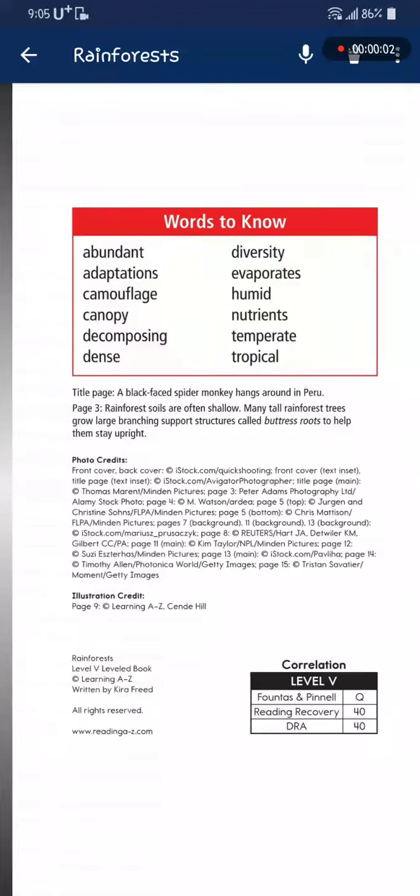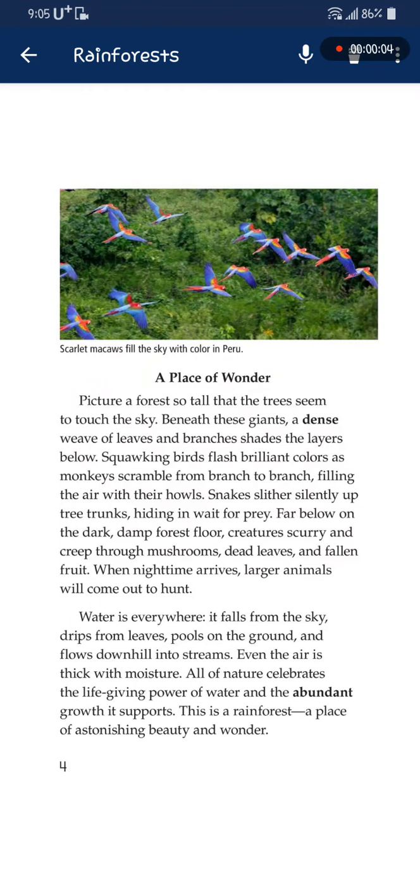Rainforests, a place of wonder. Picture a forest so tall that the trees seem to touch the sky. Beneath these giants, a dense weave of leaves and branches